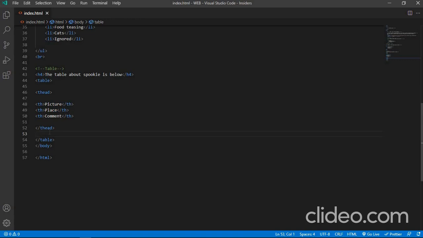Then inside the table, we now want to exit the table head. After the table head, we go into the table body and write tr, that's table row. Then inside the table row, that's where we write the table data. Table data, in the first instance I want to write